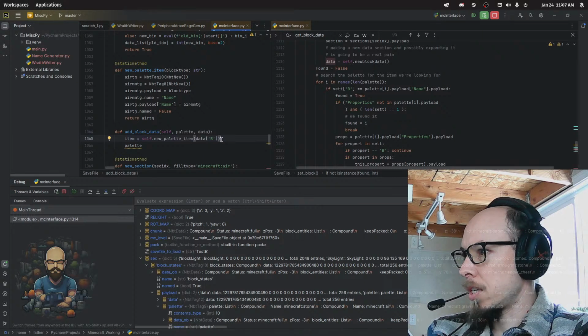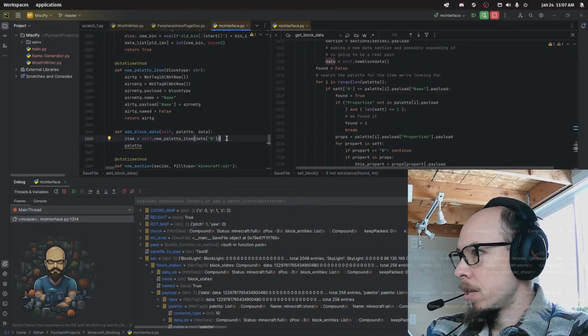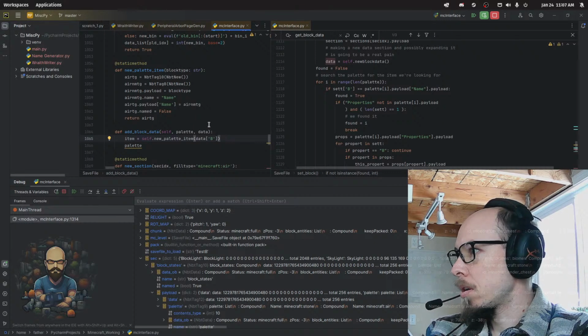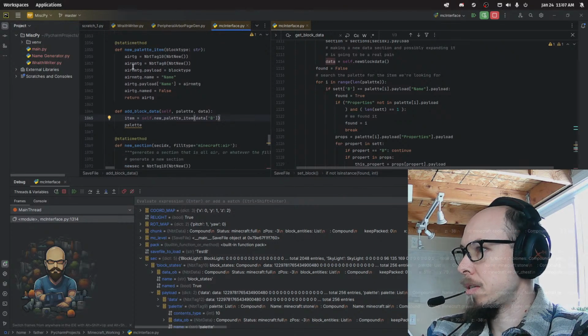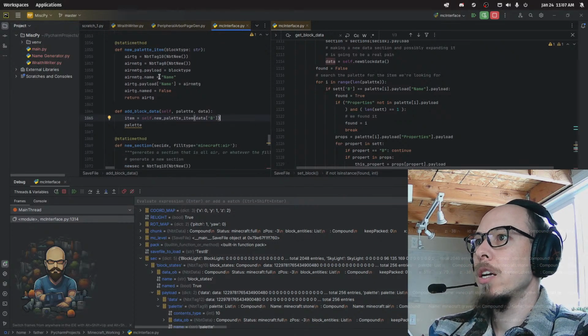Item equals new, yeah, data B. Okay. So we're going to add an item. Block type. We don't ever use payload block type. Okay, no, that works. Air TG. Oh, I see. I was originally doing it with air, but